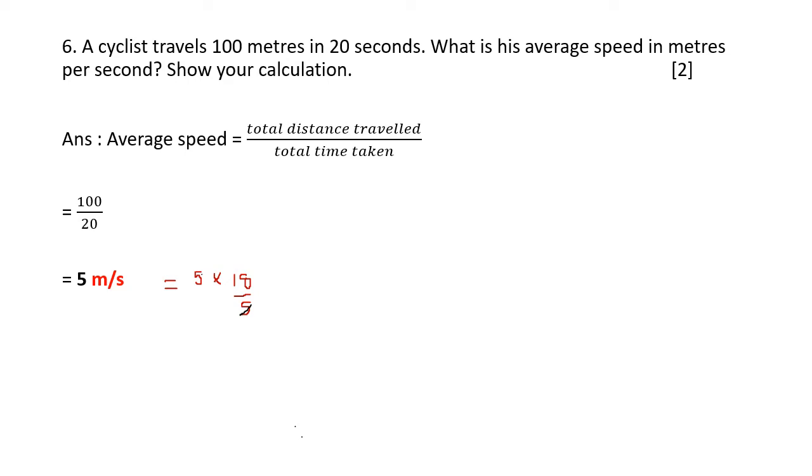So remember, in the MCQ, you have to be very careful with the question. When it is asked to you, speed in meter per second, your answer should be in meter per second. Now in an MCQ, they may ask you in kilometer per hour, then the correct answer will be 18 and not 5. Okay, so you need to remember this. See, read the question carefully.